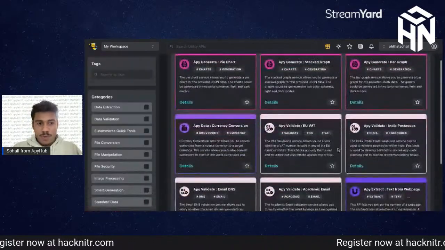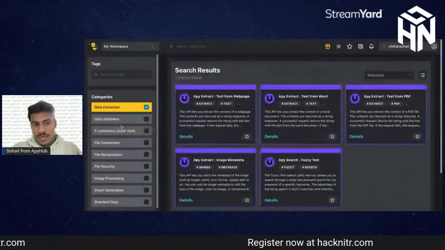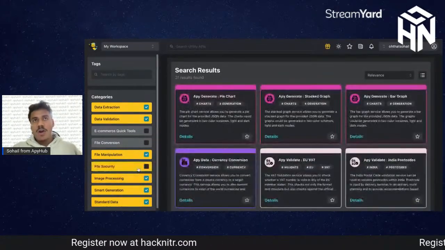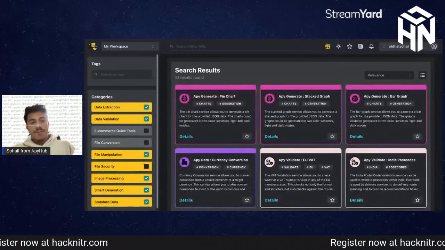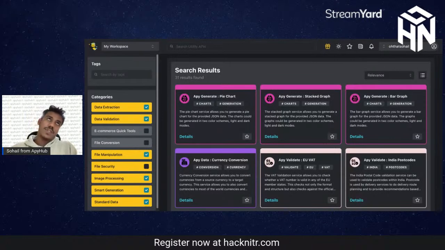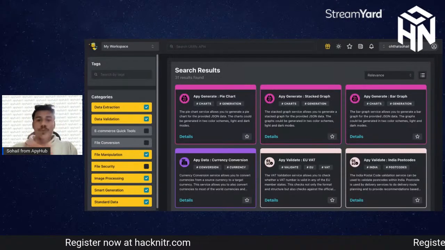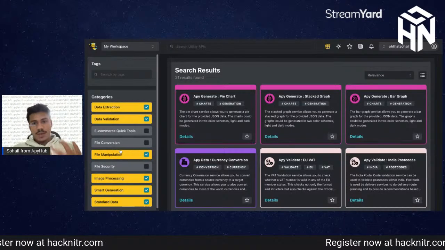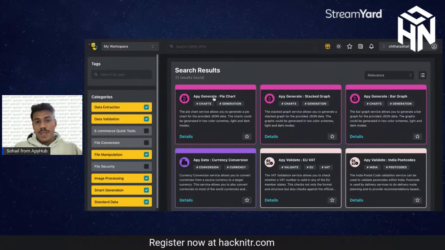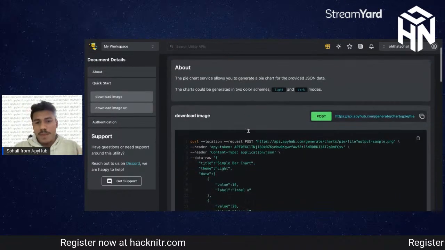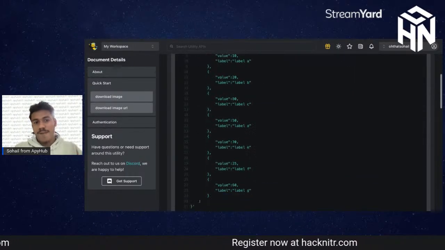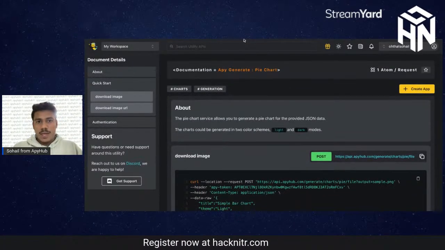From data extraction, data validation, manipulation, image processing, smart data, standards, all three verticals get covered: generation, validation, and transformation, right? So you get all these services where you don't need to be worried, you can just focus on your problem statement. With very basic knowledge of how the API works, we have everything over here.